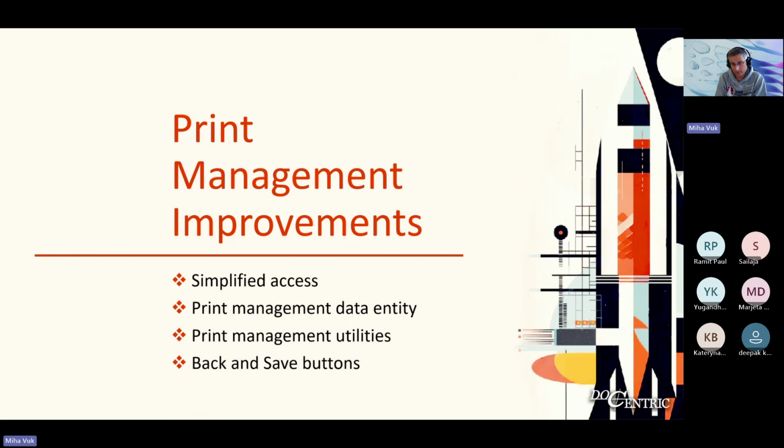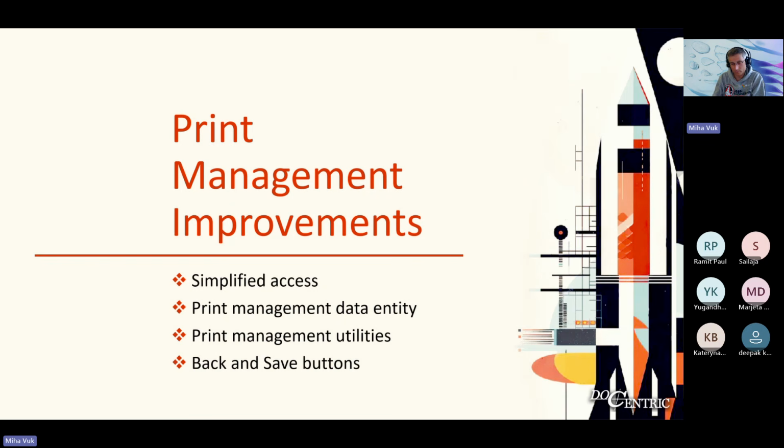So on a copy of your system, you would still need at least some of the print management settings from your source system, either if it's a production or something else. And for this purpose, you can use our print management data entity